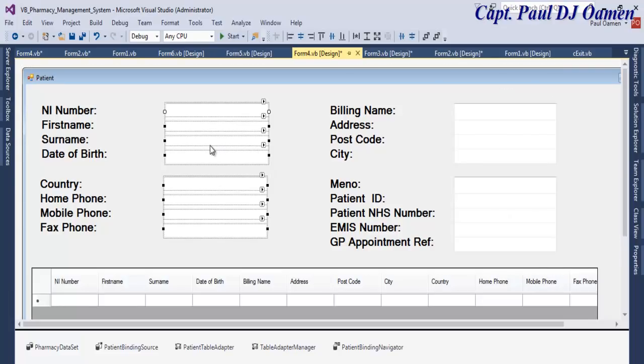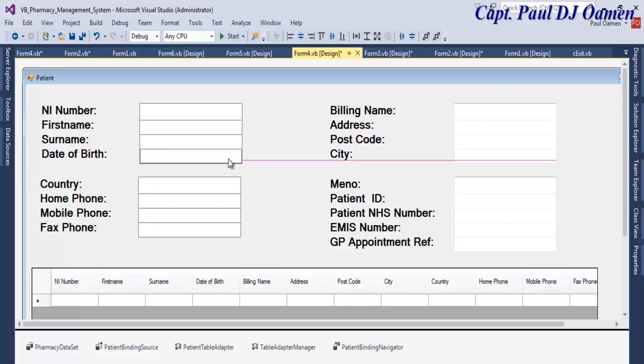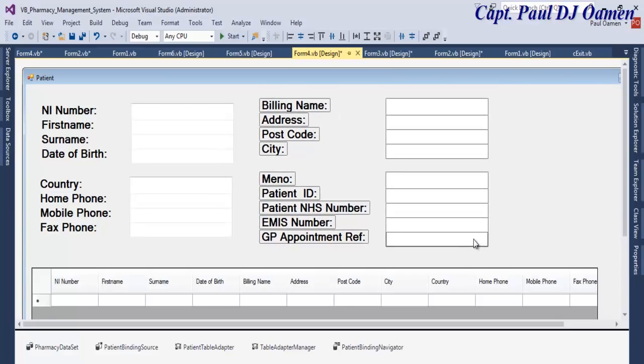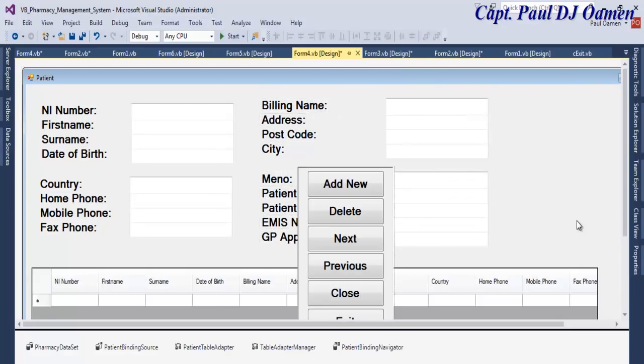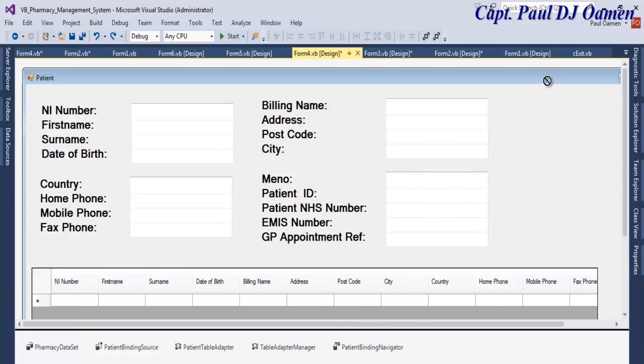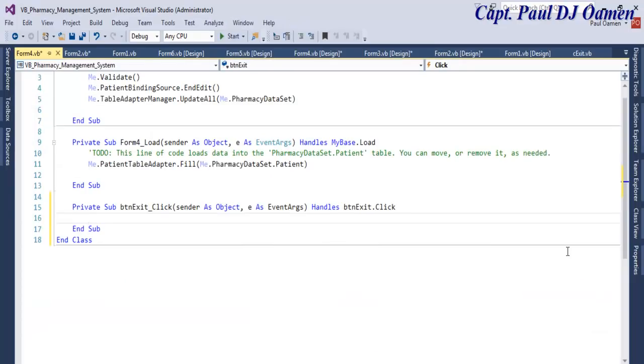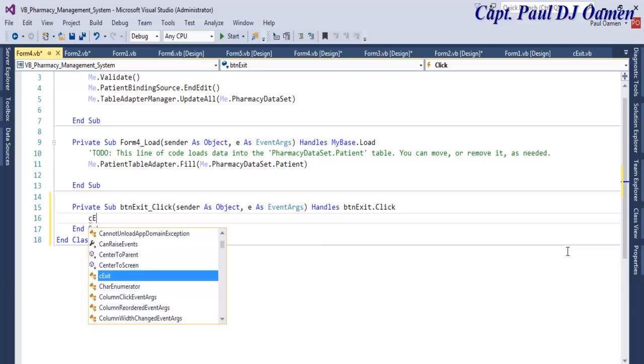Move this in a little bit. And this as well. Let's paste this in there. Right there. Okay, double click on exit and just enter